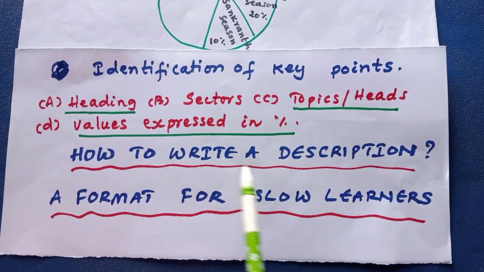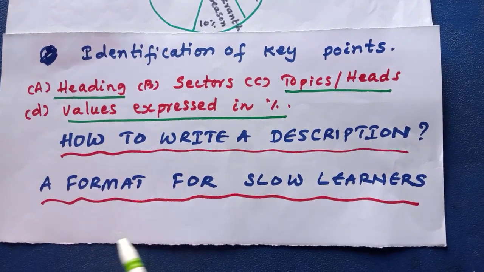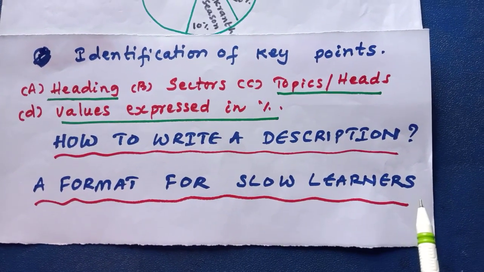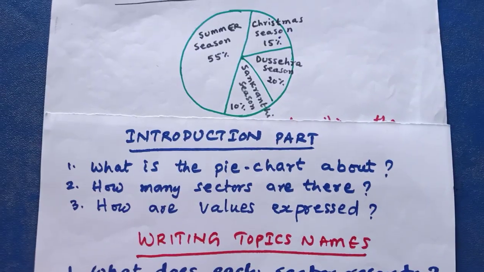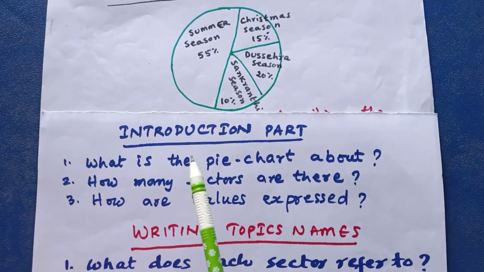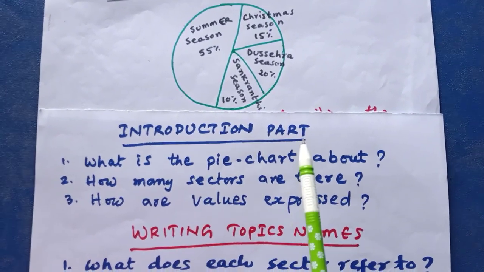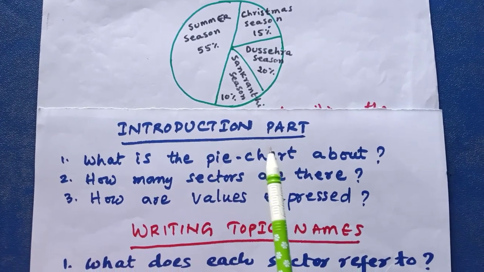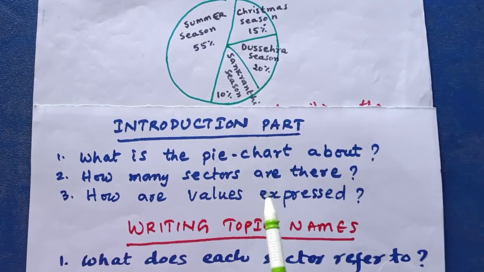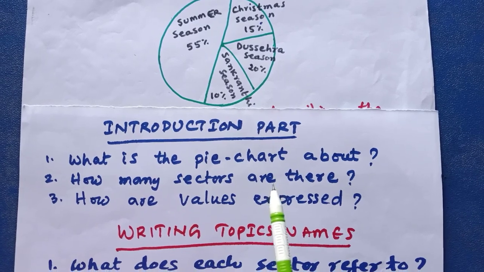Now, how to write a description? Here is a format for slow learners. Now, the first part of our description is the introduction part. For getting the answers for this introduction part, we have to put these three important questions. They are: